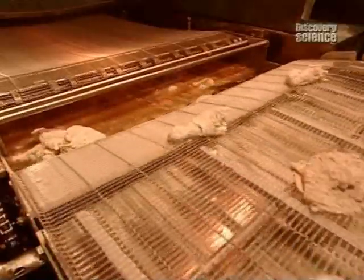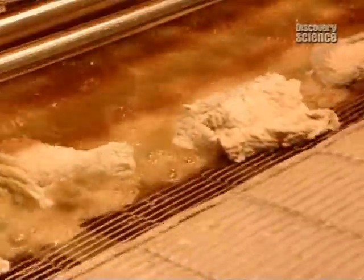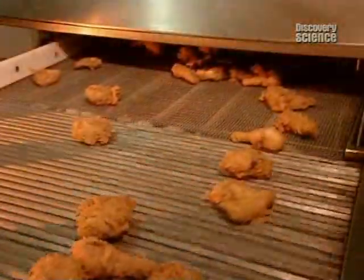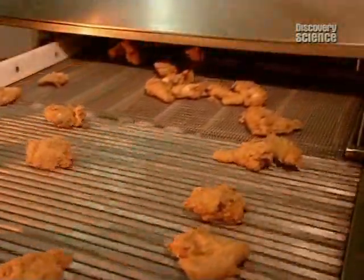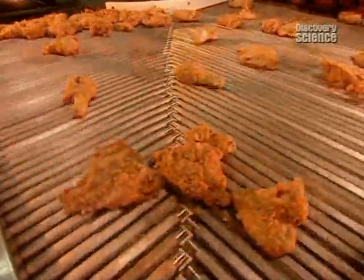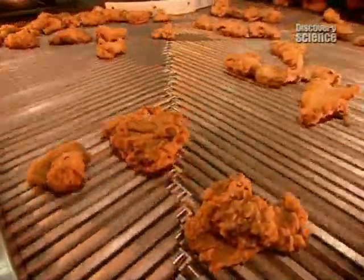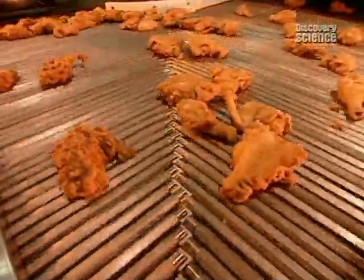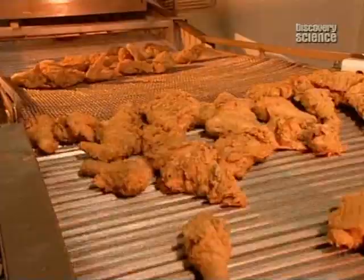Next stop, a 40-second deep fry in canola oil, just long enough to adhere the coating. Then into the oven. After 20 minutes at about 250 degrees Celsius, these chicken pieces are fully cooked and ready to be frozen and packaged. This is meat production on a mass scale. You can, of course, choose to be your own chef and cook the chicken just the